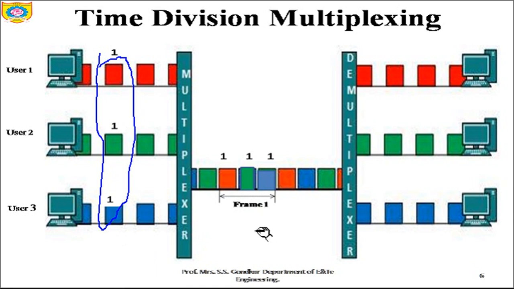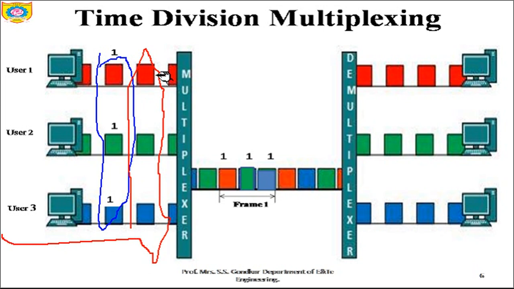So the data is divided into different units. Like you may have frame 1, frame 2 and frame 3. Now you saw frame 1, what will be frame 2? See, this will be frame 2. I'll just mark it with red color so that it will be easy for you to identify. So this is frame 2 in red color. All have completed their transmission, that is three different users have completed their transmission, and this is frame 2. One unit from each user is taken to form a frame.